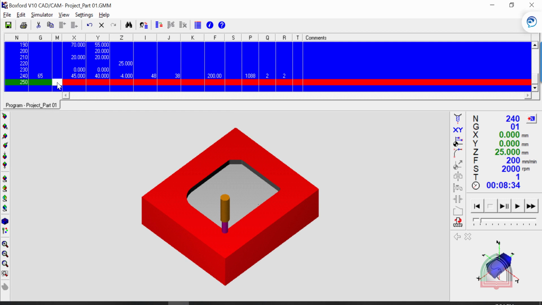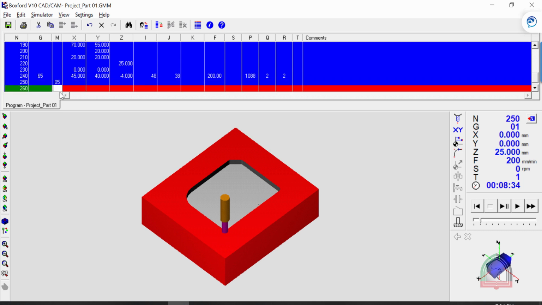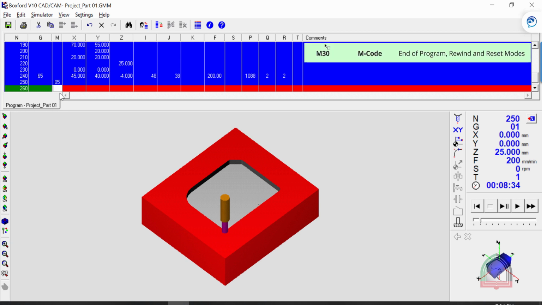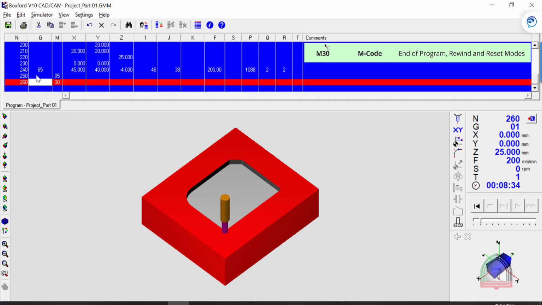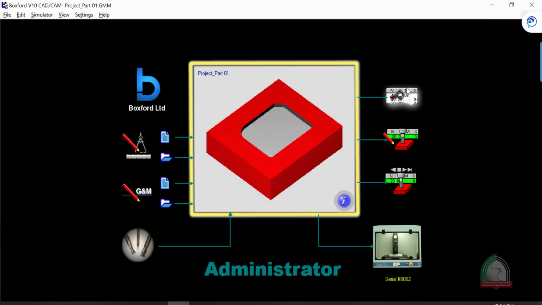We need to stop the spindle. For stopping the spindle it is M05, enter. Then we can stop the coolant and those kinds of things. We are not using any coolant over here, so we will stop the program completely by using M30. So now save the program, save. When you close over here, you will have all the options here, so you can view the program here,